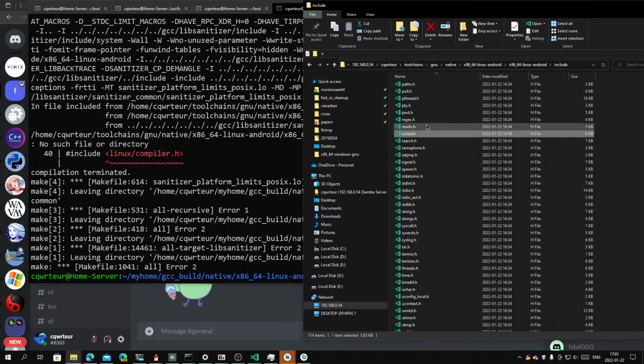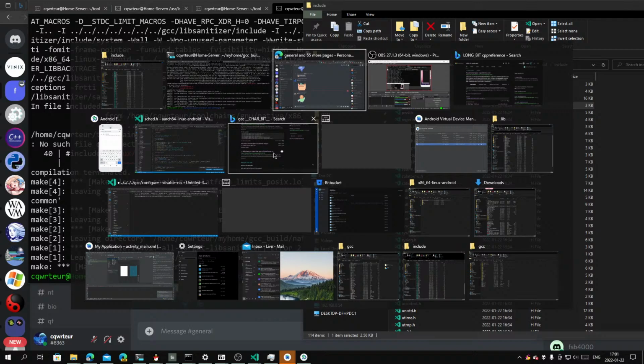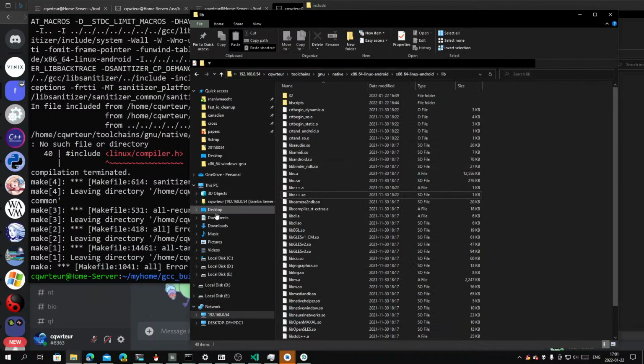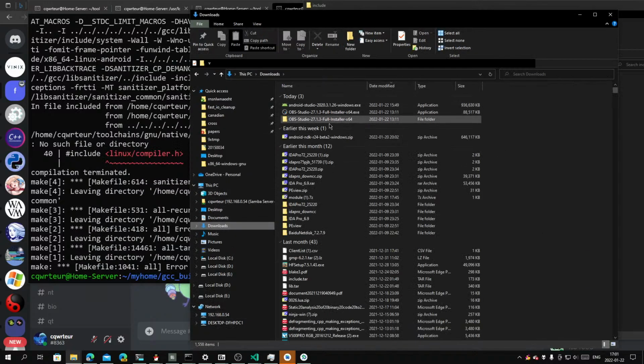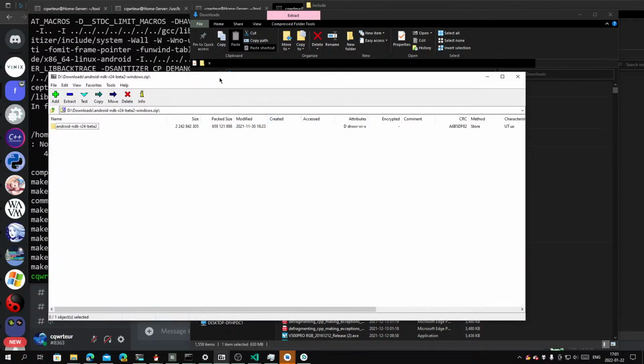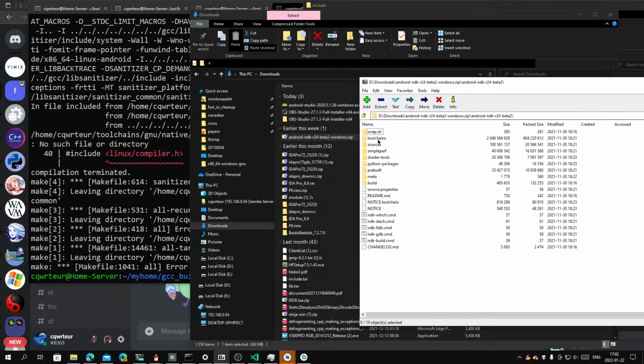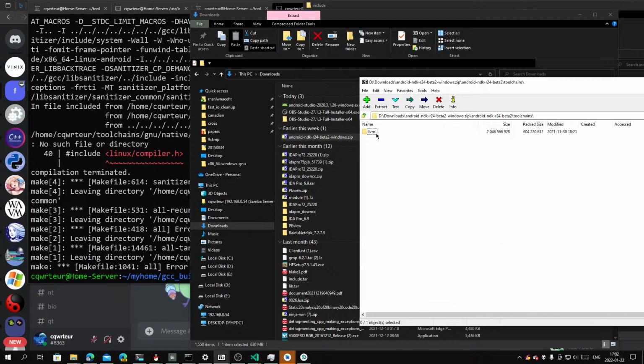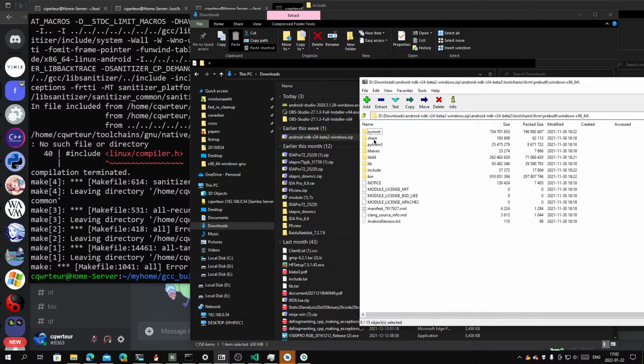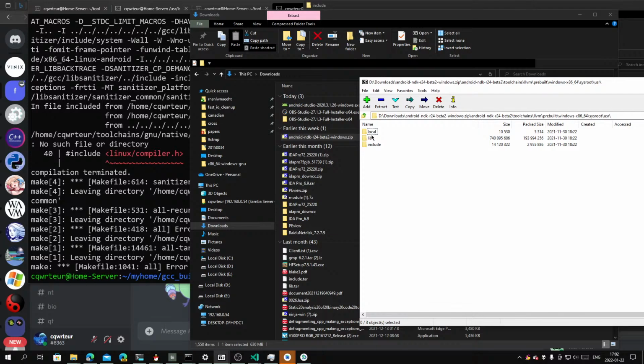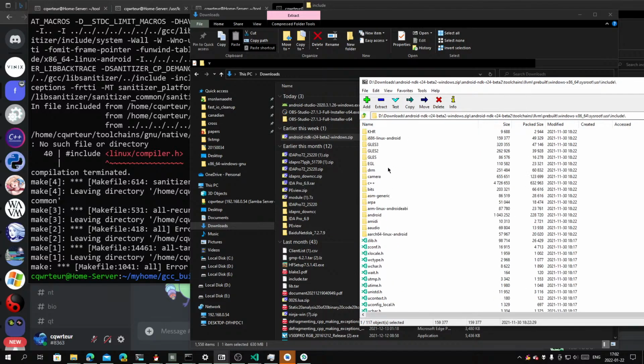That's the crap Android provides, that they actually have their own header files for the Linux kernel, right? So to fix that, we actually need to go to the Linux headers they provided, and copy everything that